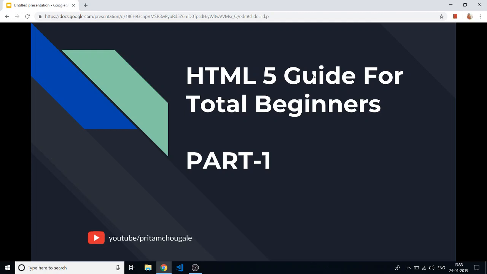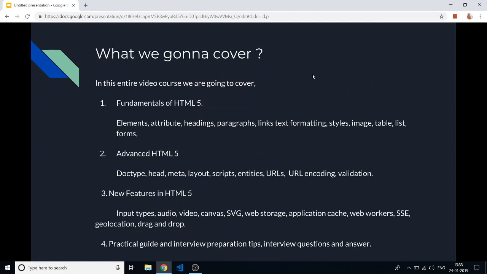So let's see what we are going to cover in this video. We are going to cover fundamentals, advanced, and new features of HTML5. In fundamentals, we are going to cover what is HTML, elements, attributes, headings, paragraphs, links, styles, images, tables, lists, forms, etc. And in the advanced part, we are going to cover what doctype is, what the head tag contains, what are